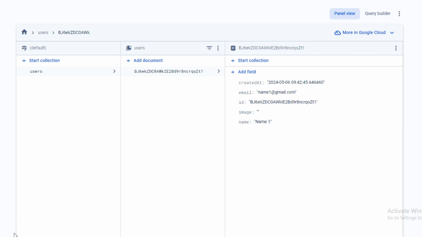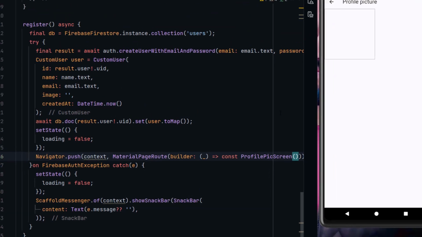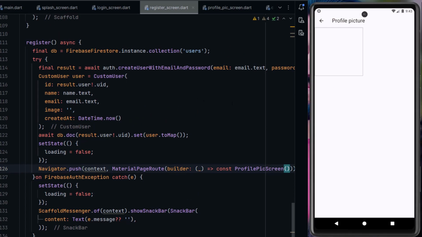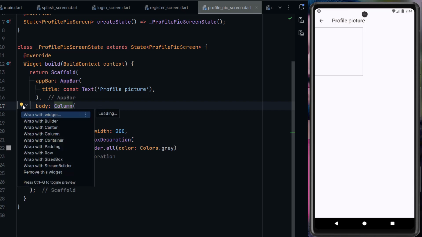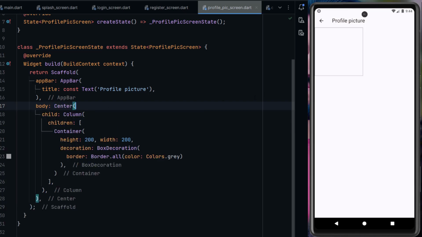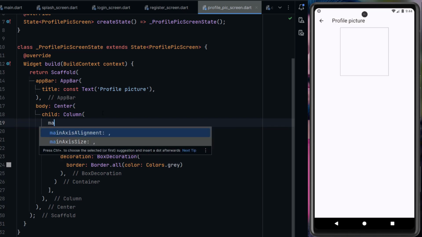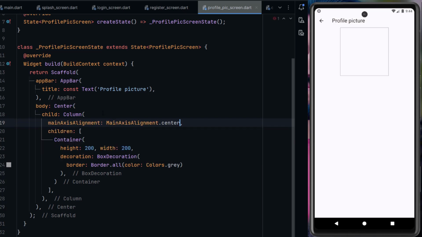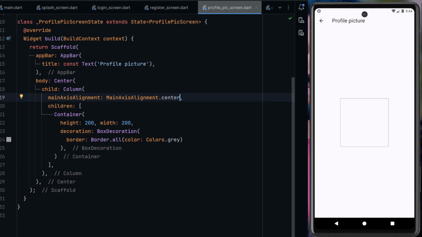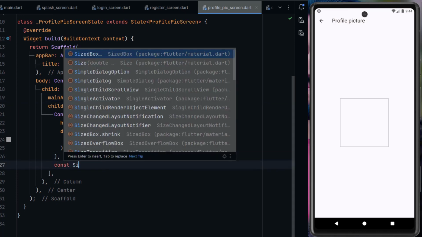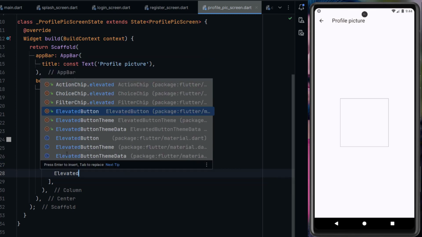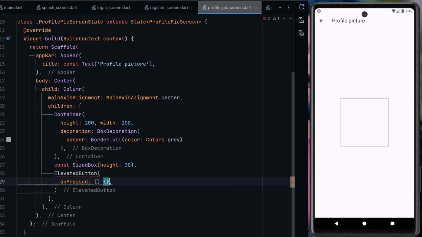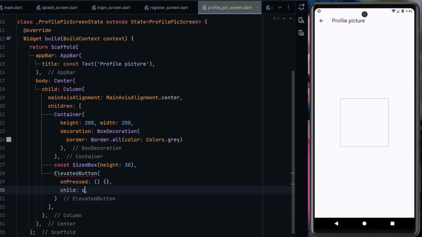Now we are on the profile picture screen. Here we will upload an image to our storage. You can see we already created a container, and let me use Center, wrap the column with Center, and here mainAxisAlignment center, because I want to show this box in the center. After this, I want to use some space, SizedBox height 30, ElevatedButton onPressed for now empty, and child will be